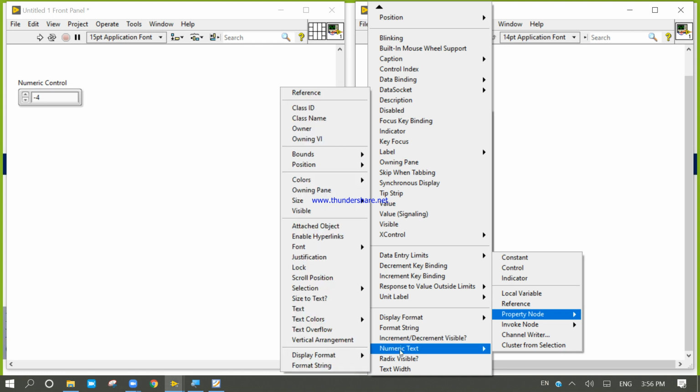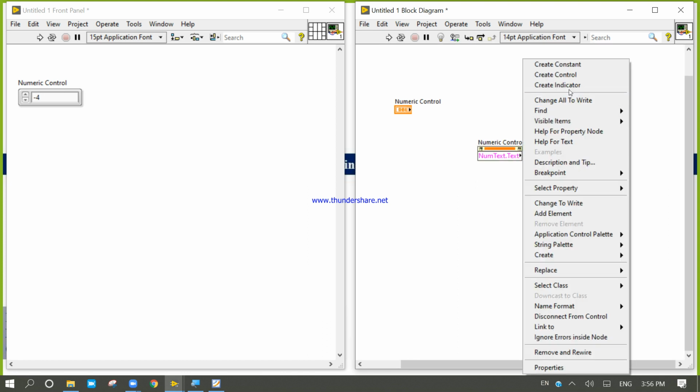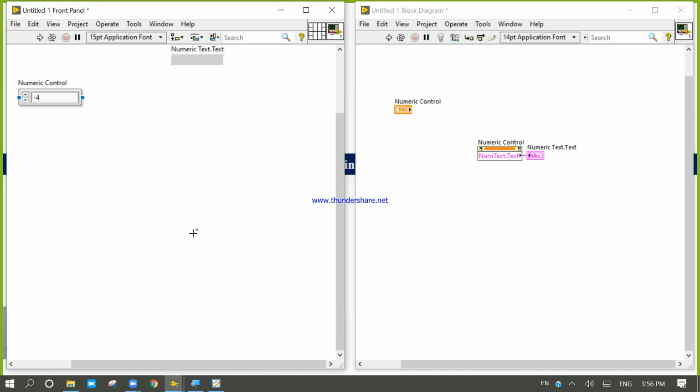Numeric text. So for the numeric text, I will come like text. So what is the text? Right click, create indicator. Inside there is -4 you have written. If I write -2, but I don't need any converter.